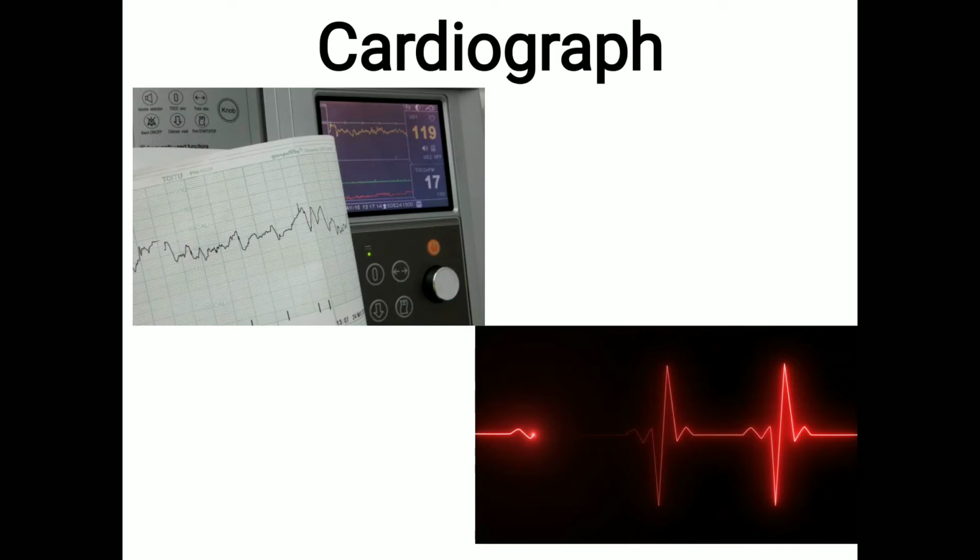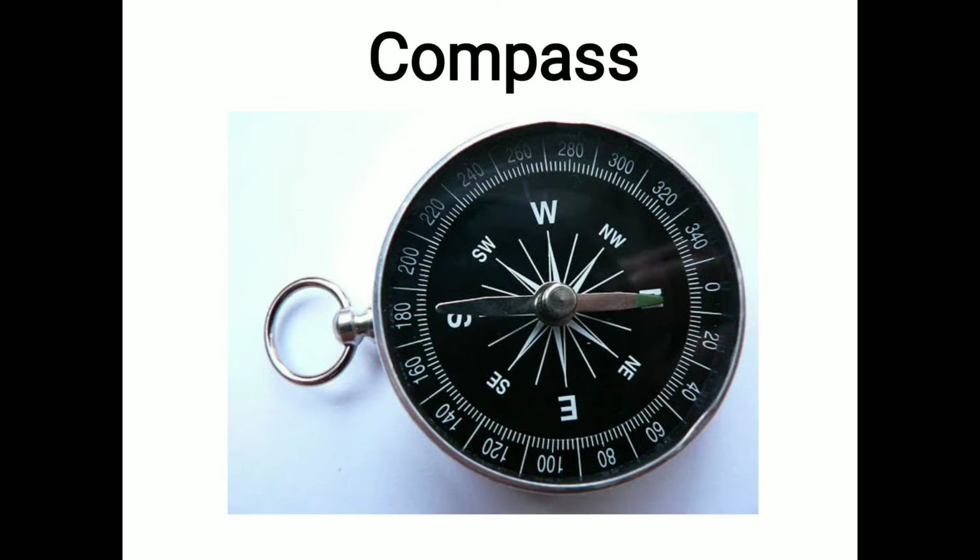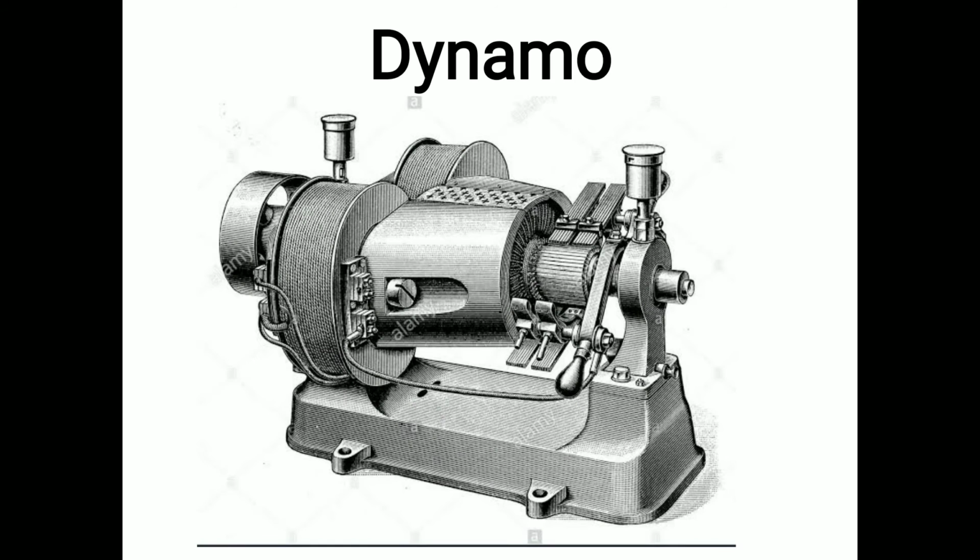Let's see the next one. This instrument is used to find direction. Okay, this is called compass. A compass is a device that shows the cardinal direction used for navigation and geographic orientation. It commonly consists of a magnetized needle or other element such as a compass card or compass rose, which can pivot to align itself with the magnetic north.